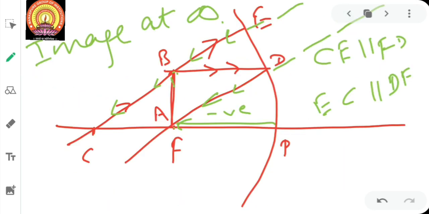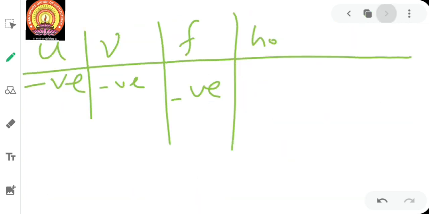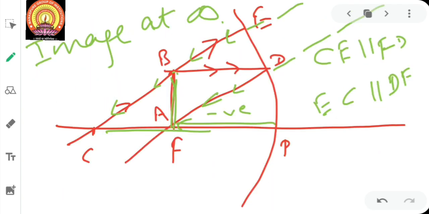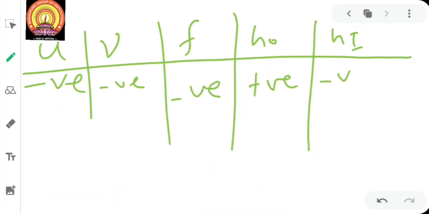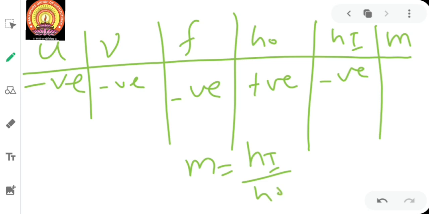Height of the object is in the upward direction, principal axis के ऊपर की ओर है, it means that the height of the object is positive. Then height of the image, अभी image is on the right side, but we are not getting the location exactly, so we can say that the height of image is negative. And when we talk about the magnification, m is equal to hi upon ho, this is negative and the one is positive, so we will get the final magnification negative. This is the second case.